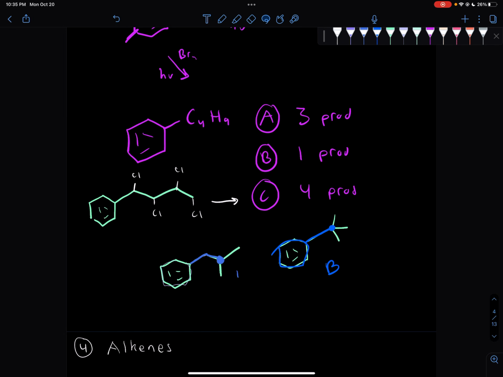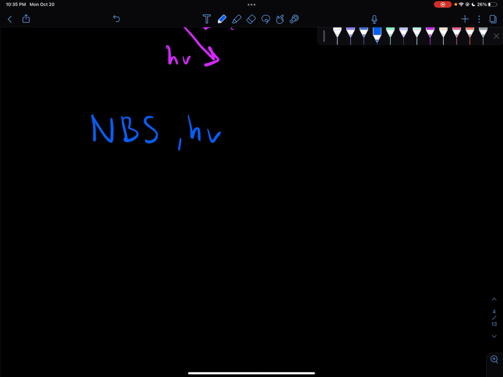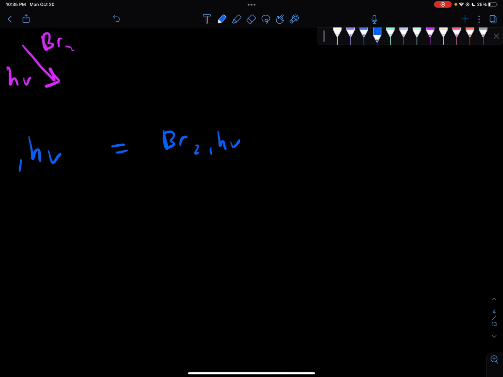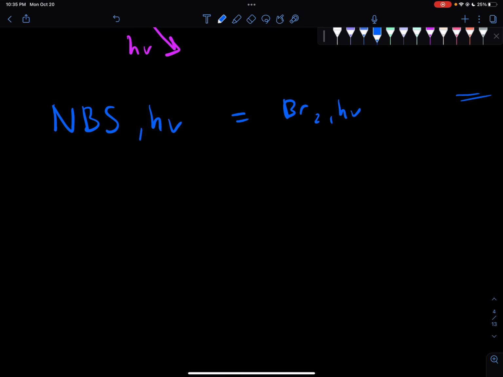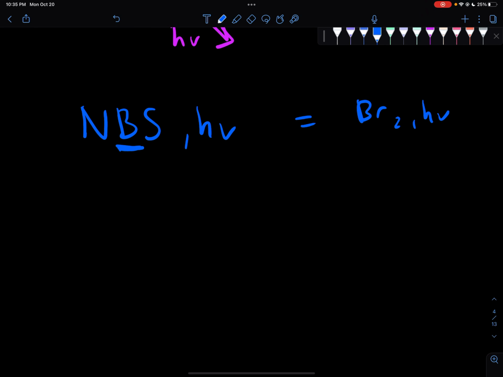Now, one more thing before we move on, I want to mention NBS. I think you might have seen this before. NBS is essentially bromination, but for when you have double bonds present. NBS, the B stands for bromo. It's called N-bromosuccinimide, don't worry. But the B stands for bromo. So let me show you something, right? If you had this,